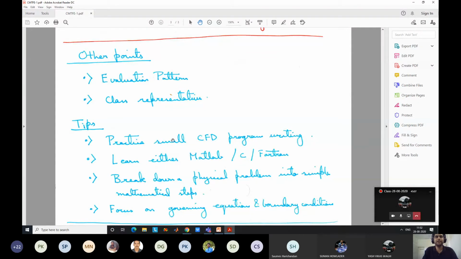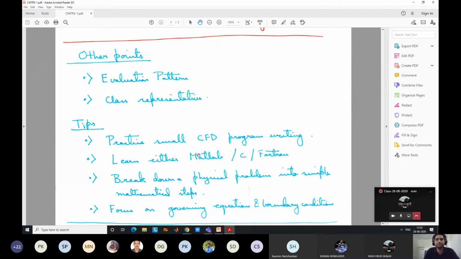Okay, it is more like, I give this example every time. If you want to learn swimming, you cannot learn swimming just by looking at YouTube videos or just learning the swimming techniques in theory. Okay, unless you swim, you cannot learn swimming. So similarly for CFD, just by watching YouTube or just going through my class, you cannot learn CFD. Unless you solve problems on your own and face difficulties, you cannot learn CFD. Okay.